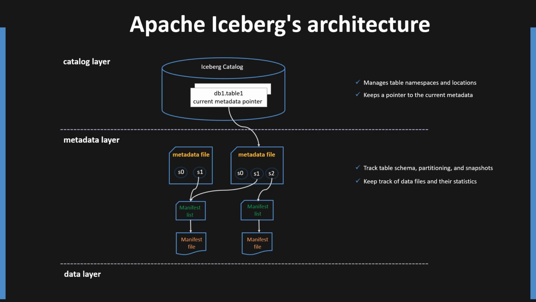The data layer is the foundation of Iceberg's architecture, where the actual data files reside. These files store the table data in a format that supports high-performance analytics and querying. The separation of data files from metadata ensures that changes to table structure or schema can be managed without altering the underlying data, enabling features like schema evolution. This layered architecture of Apache Iceberg allows it to handle complex data operations with ease, supporting advanced features such as schema evolution and time travel, while maintaining high scalability and reliability.